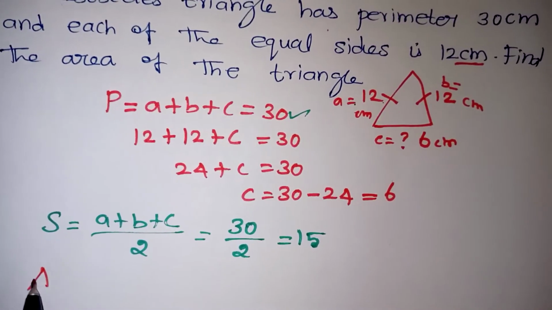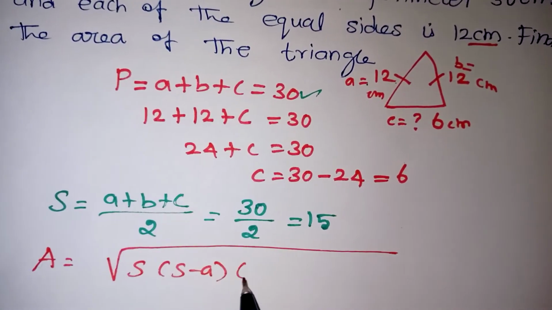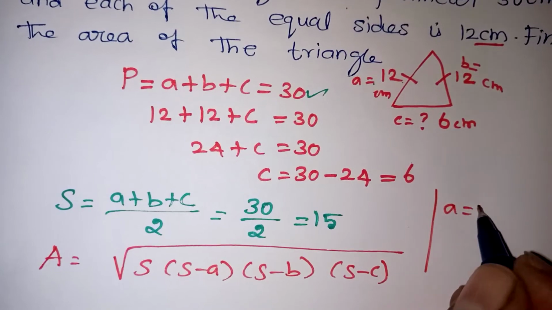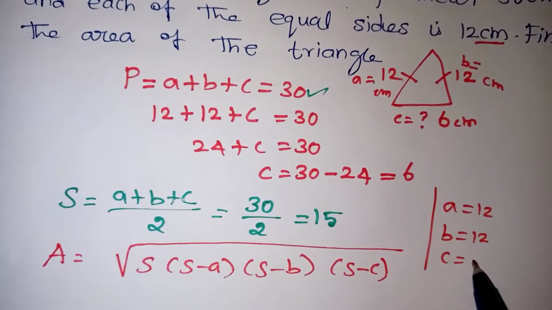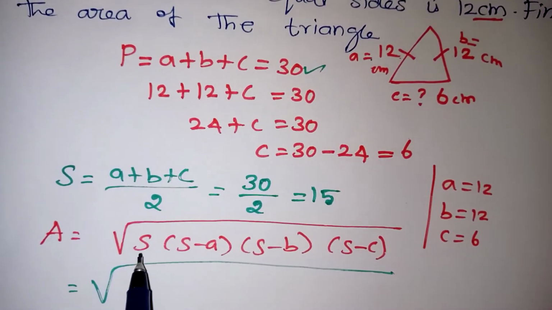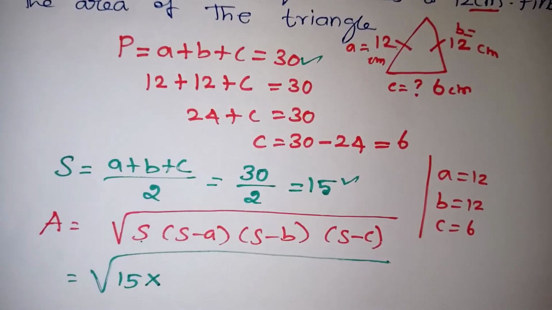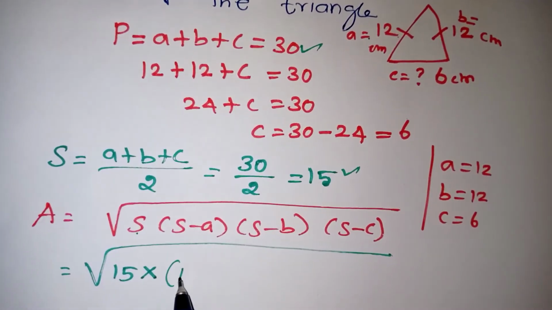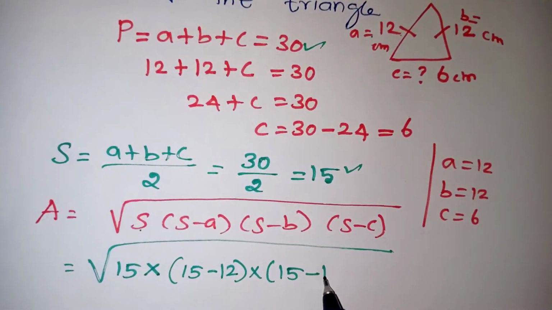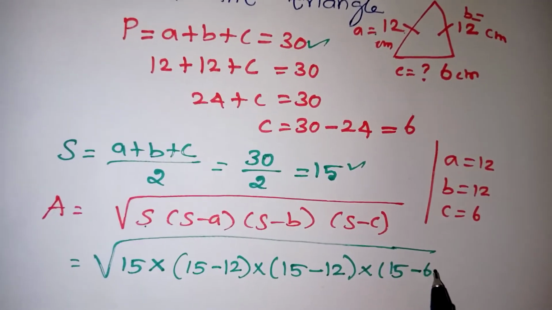So let's go for the area formula now. Area formula through Heron's. So area is equal to the square root of s into s minus a, s minus b and s minus c. Now from this triangle let me write a is 12 and b is 12 and c is our 6. Now let's apply here. Root of, in the place of s we got this 15. So 15, a bracket stands for multiplication. So take the multiplication sign, s minus a. So 15 minus 12 multiplied by 15 minus b value, which is 12. So 15 minus 12 again. s minus c. So s is 15, c is our 6. So minus 6 you should take.